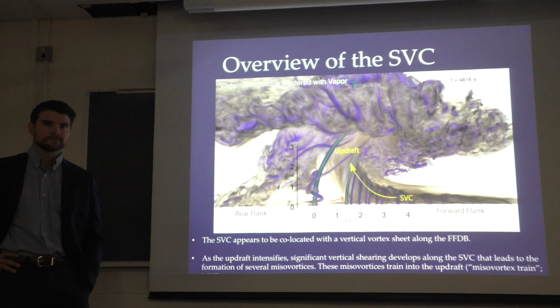One thing that I would mention is that you said the FFDB. There's actually several boundaries along the forward flank, neither one of which is the FFDB in my opinion. You have a diffuse sort of region that's the easternmost part of the forward flank that I think is primarily from melting hail. I'm not exactly sure microphysically what's going on. Then you have these internal boundaries where you see like a 2 or 3 Kelvin theta rho prime or theta prime boundary right there, and that's where the SVC seems to line up. Yeah, it lives right along that strongest boundary.